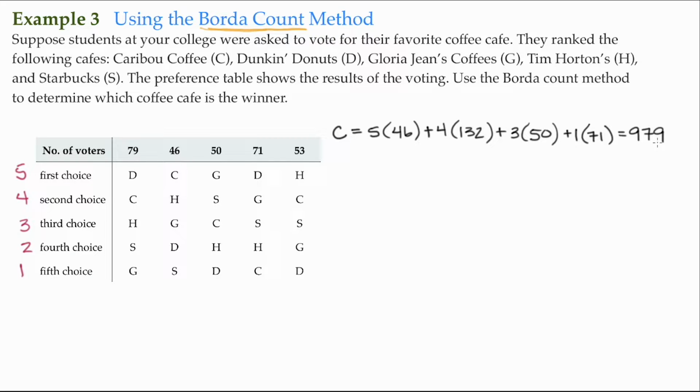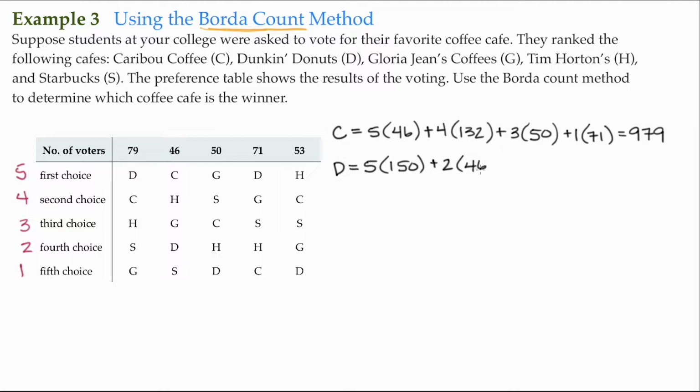And then we do that for each candidate. So now we'll go to Dunkin' Donuts, D. Same idea. Dunkin' Donuts has 79 here, also has 71. That's 150. I'm just going to tally those together. That's 150. There are no second choice rankings for Dunkin' Donuts. There are no third choice rankings, so we won't worry about those. Here we have a fourth choice ranking. 2 points assigned to a fourth choice rank. So that's going to be 2